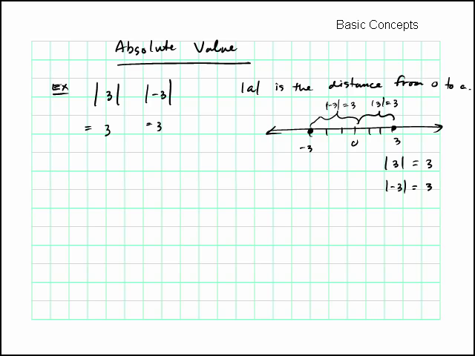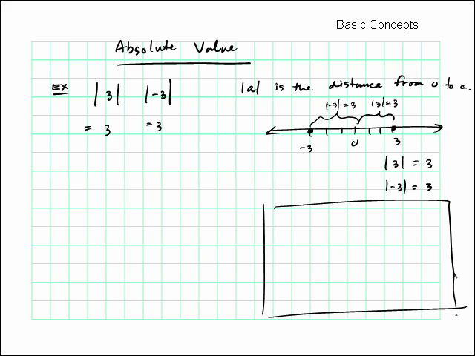The actual definition of absolute value, though you don't really need it to calculate an absolute value, is this. The absolute value of A, if A is positive and the absolute values do nothing at all, the answer is just A. So the absolute value of A is just A if A is greater than or equal to 0 to begin with. However, if A is a negative number,